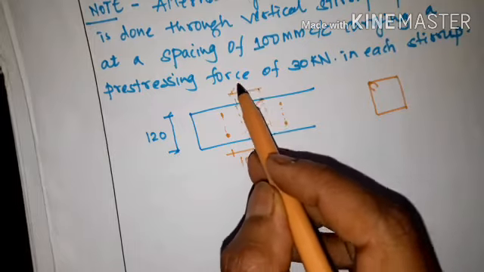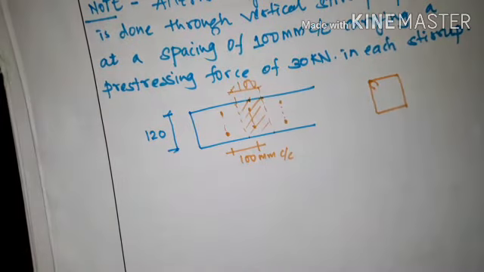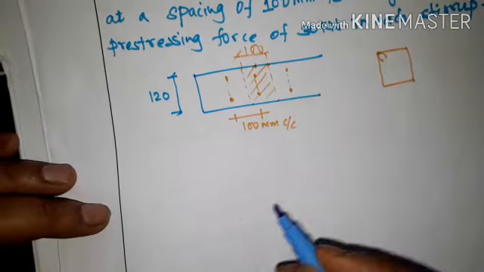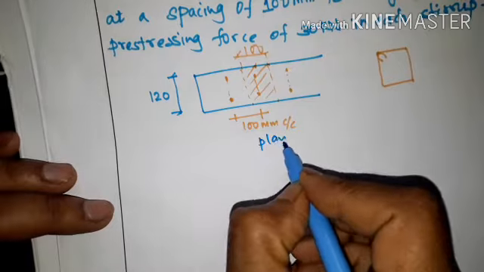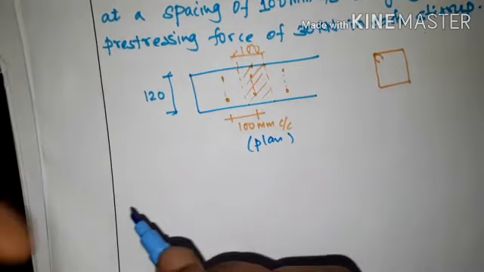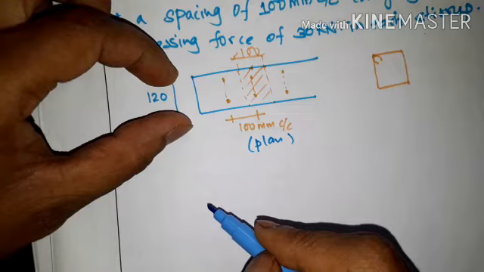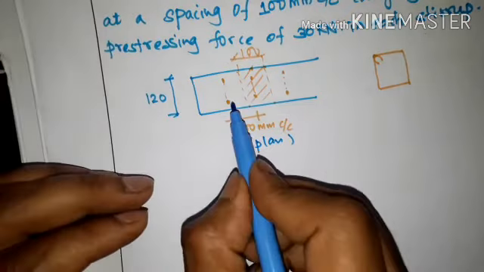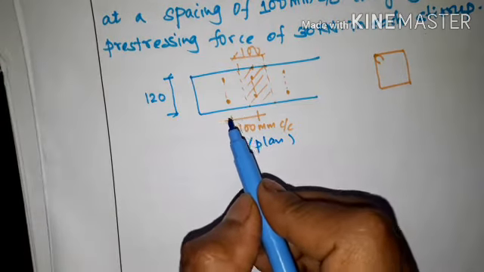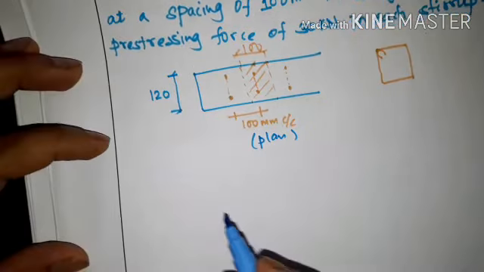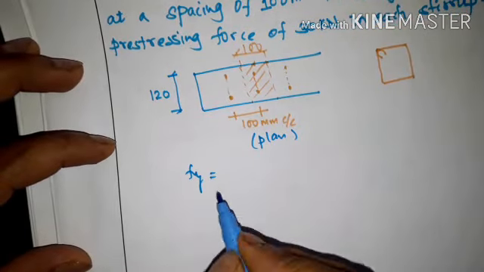So this is also 100. Okay, so at that time you have to find out Fy. This is the plan of a beam with 120 width, and you can see the stirrups provided at 100 mm center to center. Okay, so we have to find out Fy is equal to